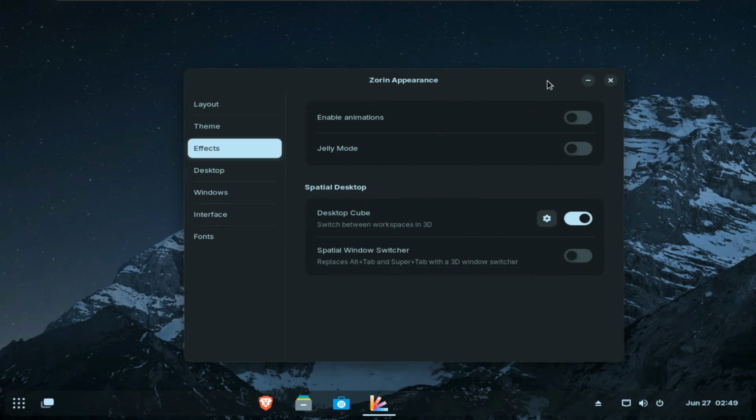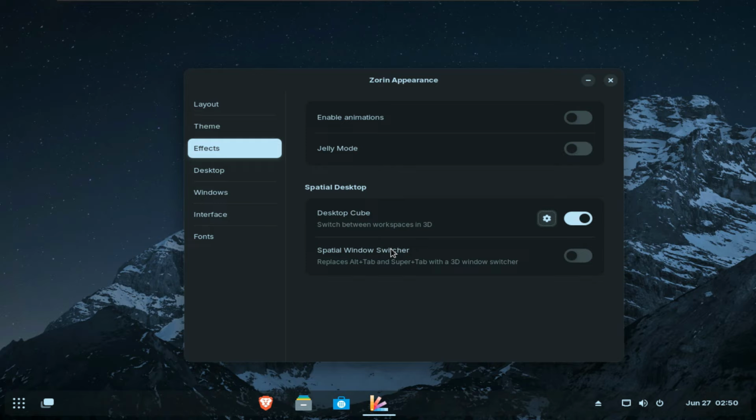Oh, well, I don't know. Switch between workspaces and a cube. I know Control and F1 do something with workspaces in KDE, but in GNOME, I'm not really sure. Well, no, that's to switch the windows. And what am I going to click? Well, let me just Google that real quick on my phone. So in here we have Control, Alt, and left arrow. So Control, Alt, and left arrow.